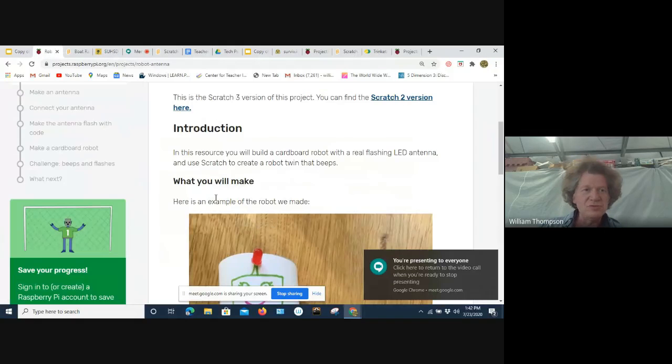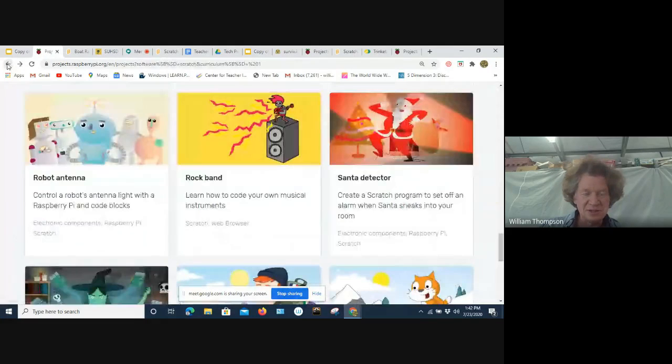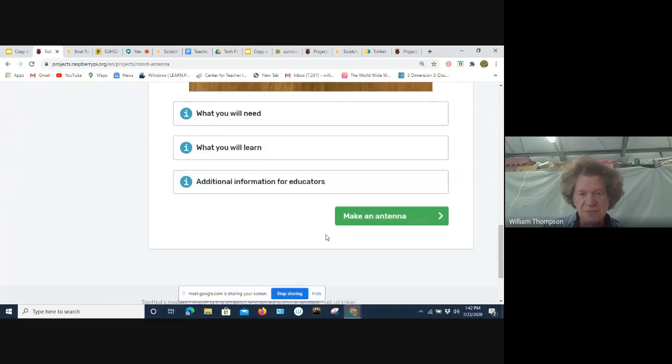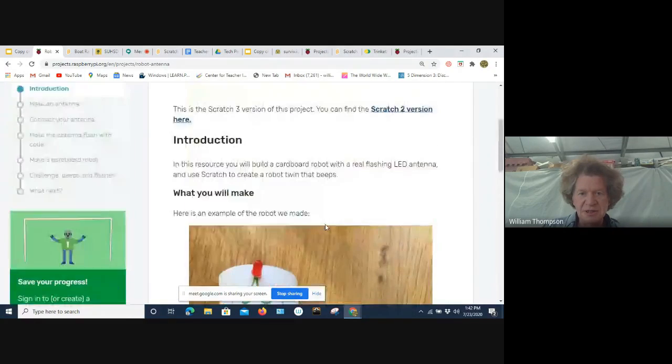Okay, so I'll back up a little bit since I didn't show you. Some of these say web browser on them, and that means it's probably just an online resource. But if you see Raspberry Pi here, then you probably actually need a Raspberry Pi to do that. Regardless, feel free to click on it and take a look.